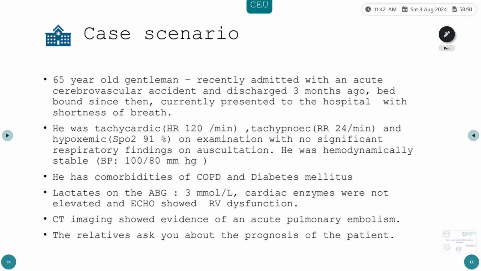Coming to our case scenario, again we saw a 65-year-old gentleman who presented with objectively diagnosed pulmonary embolism and was hemodynamically stable. So how would we proceed? Will we use any of these prediction models, or would we use the different variables? We can use the ESC score to predict outpatient management, but to predict our primary outcome, which was in-hospital death or clinical deterioration, I would rather look at the individual variables like right ventricular dysfunction or elevated cardiac troponins rather than take any of these scores, as they had poor positive predictive values.